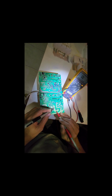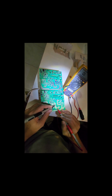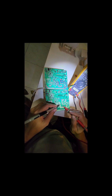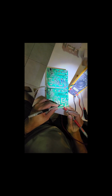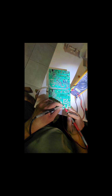Sorry, I said collector initially, my apologies. So this is the gate one. So gate, emitter, Q2, and this is Q1 and Q2. Sorry, so this is gate, emitter, and this is the other lead. This should be the collector. Okay, so in between the gate and emitter, the gate is the controlling pulse, that is a Zener diode. You can see the forward bias is 571. Once it goes to reverse bias,